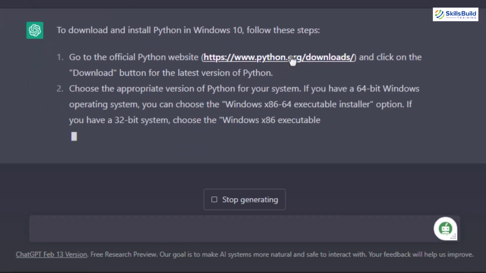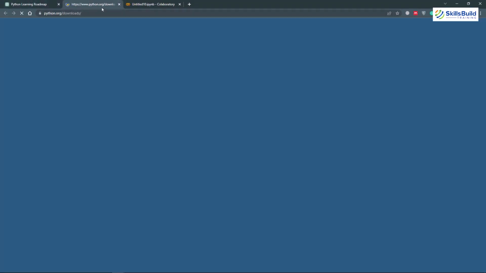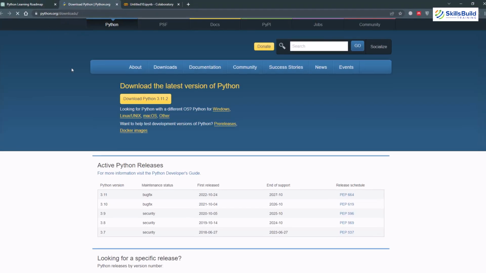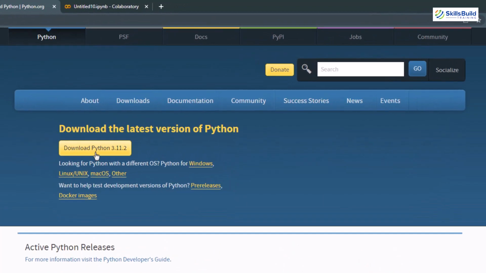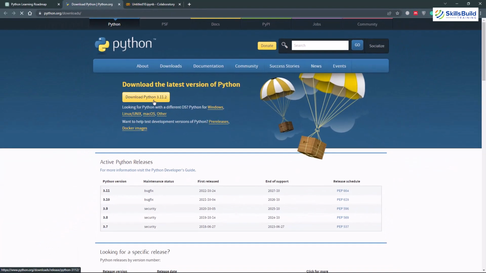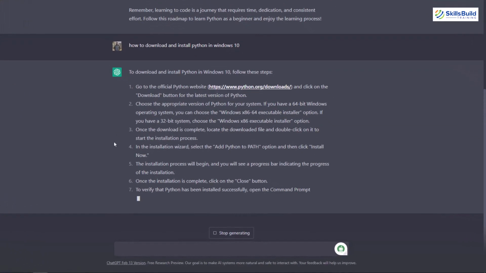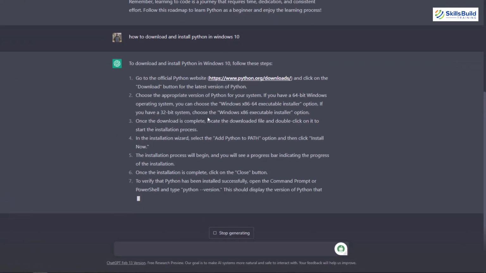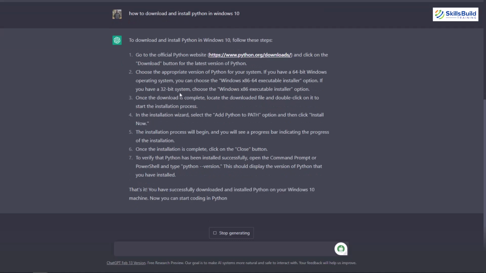So let's go there. I'll just click on it, and here it has opened a new page for me, and it is the official website of Python. So from here, I simply have to click on this button and we are ready to go for the download of our Python. Now it shows pretty specific results and we can follow all these steps very easily. After the download is complete, we can simply install it without any problem. We just have to follow the steps that are given to us on the screen. So we are done with the download and installation of Python.